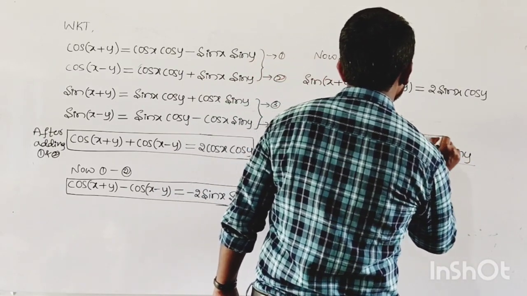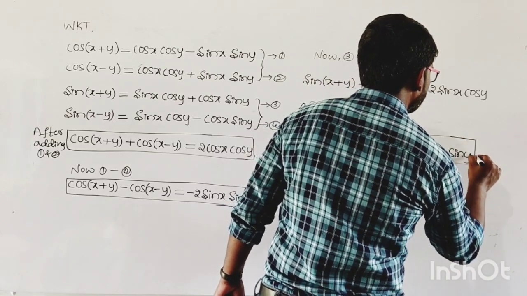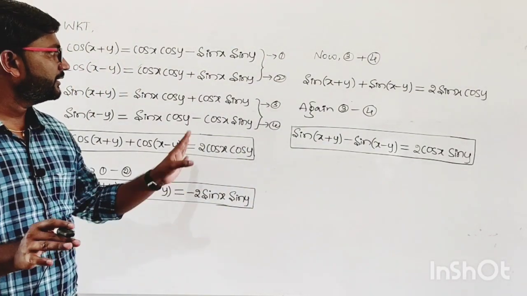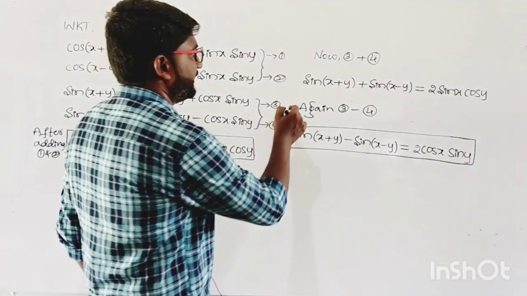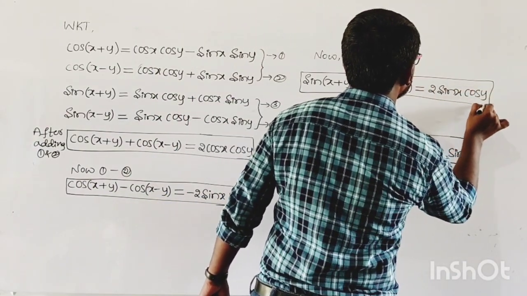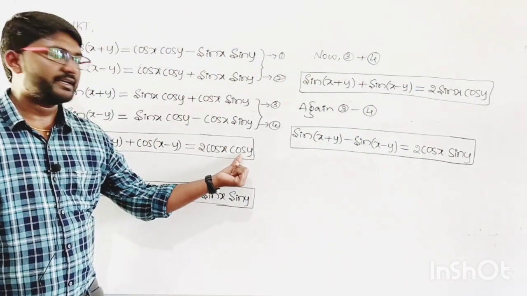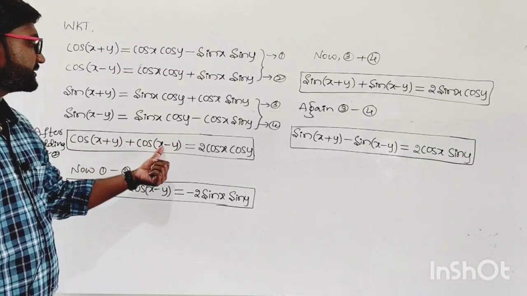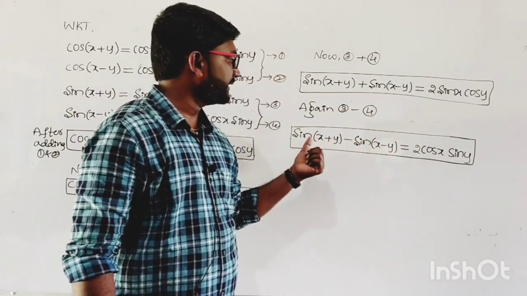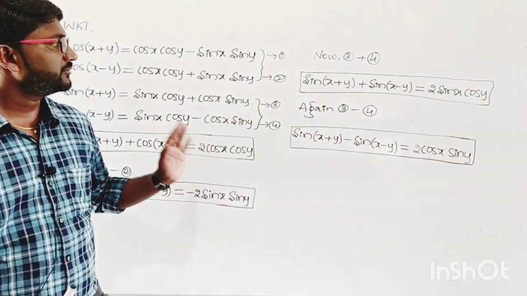So with this we have completed all the standard results. Then we have to go for some of the example problems. So you have to remember all these results. So here we have one more, sine of x plus y. So actually you should remember this from the right hand side. 2 cos x cos y is going to be cos of x plus y plus cos of x minus y. And then here 2 cos x sin y can be written as sine of x plus y minus sine of x minus y. So this is all about the standard results.